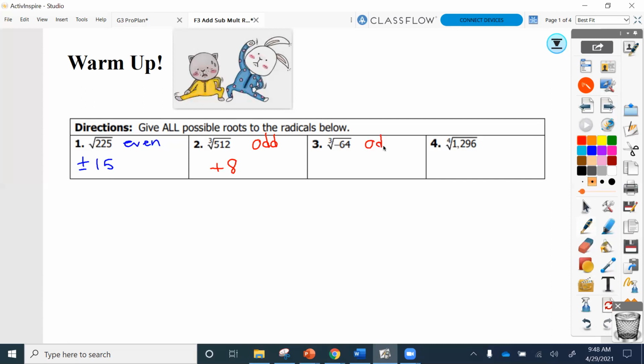Here we're taking an odd root of a negative number, so we know our answer will be negative, and the cube root of 64 is 4. Here we're taking an even root, and the fourth root of 1296, if you put that in your calculator, of course, since it's even, we need the plus or minus. There are two possible answers, and the fourth root of 1296 is equal to 6. Okay,